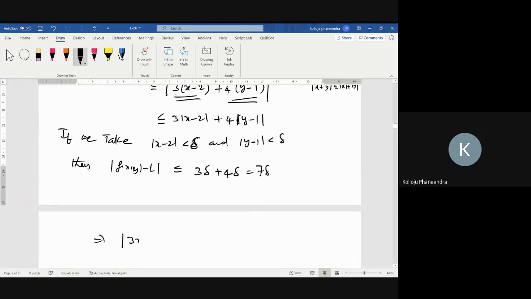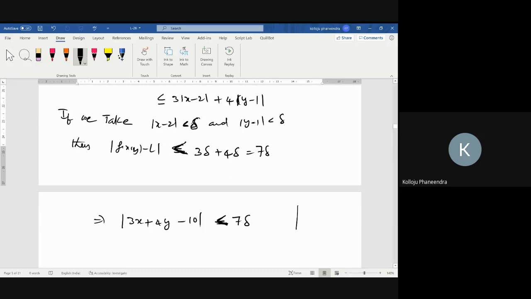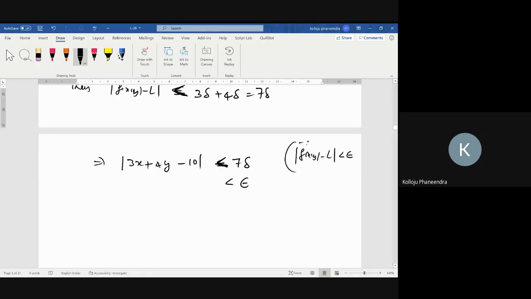Okay, this implies, what is this function? Mod of 3x plus 4y minus 10 is less than or equal to 7 delta. Now this less than or equal to becomes less than, so less than 7 delta. And what we actually have is mod f of x comma y minus L is less than epsilon. Therefore, this you write like this. Therefore, this is less than epsilon, which is satisfied. This implies, I am writing clearly, 3x plus 4y minus 10 is less than 7 delta. Definitely it is less than epsilon when it is possible, which is satisfied,